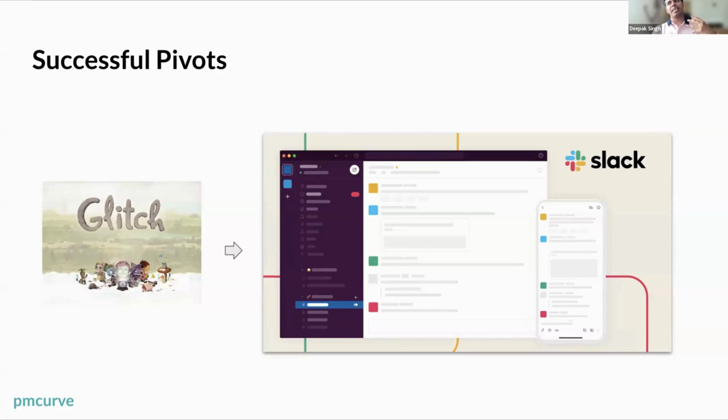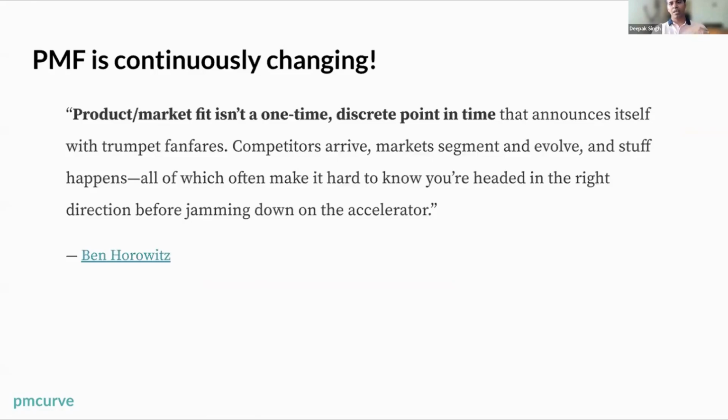So you'll see that even in successful pivots, a lot of founders' DNA actually translates into building these products. They can see the products because they have been through that journey. Because the founder, Butterfield, went through Flickr and Glitch, he could see a non-boring alternative to email, right? So yeah, that would be all.